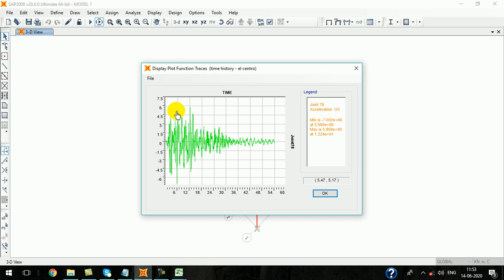So how much is the value amplified here? It is around 7, 3.5 into nearly 2. We applied only 3.5 to 3.8 meter per second square, but the structure experiences around 7 meter per second square. So it is in the range of 2 to 2.5. If you use some other earthquake function also, you may get values like this. So the values given in the IS code response spectrum are the response of the structure for the applied ground motion.